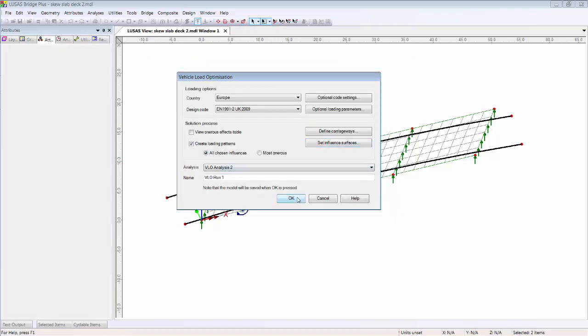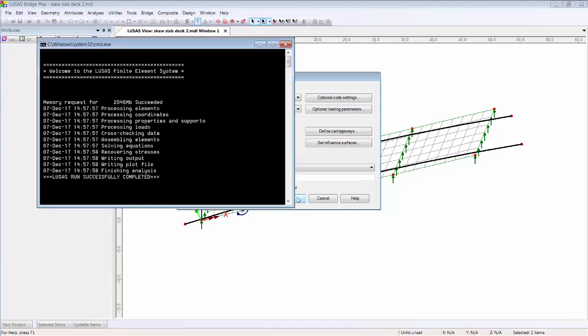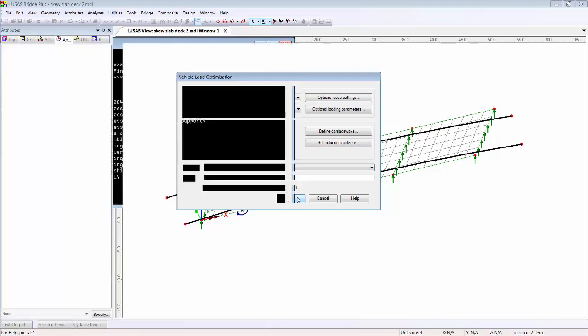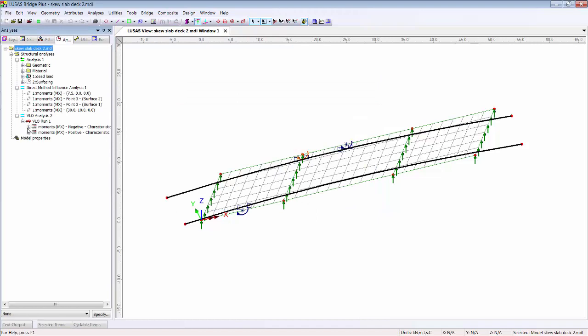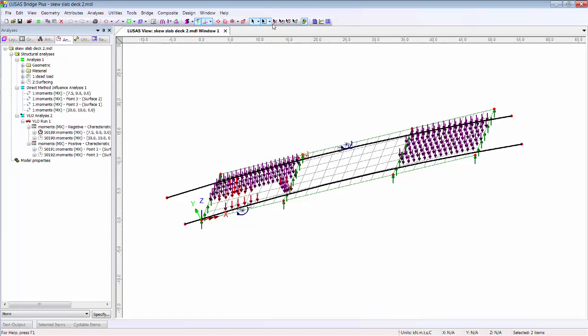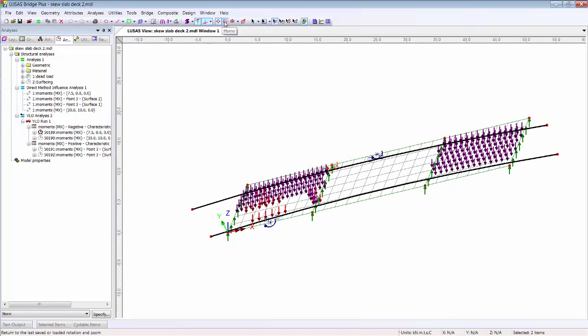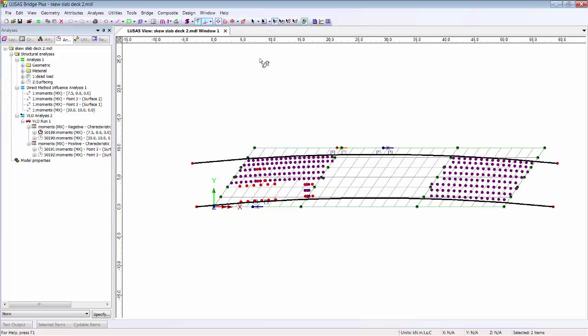When I press OK, LUSAS will run the influence analysis, and then it will calculate using the influence surfaces the location for each of my loads. I've finished it before I've explained. The locations of the lanes, if I just drag and drop, show you the loads there. You can see, let's look on plan, you can see the special vehicle here, which has been placed very close to that sagging moment of interest. You can see in the same lane, load model 1 tandem, lane 1 tandem that would be as